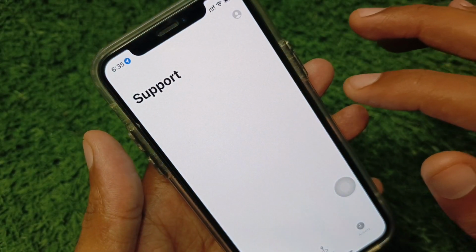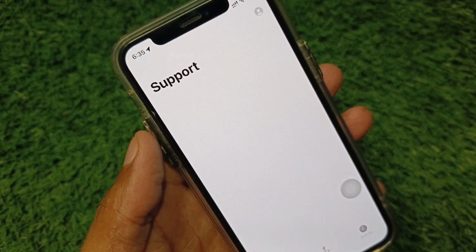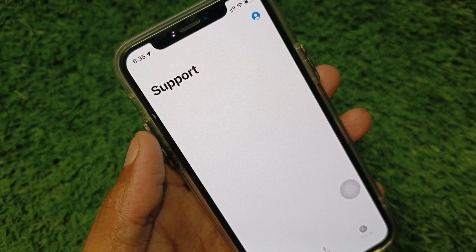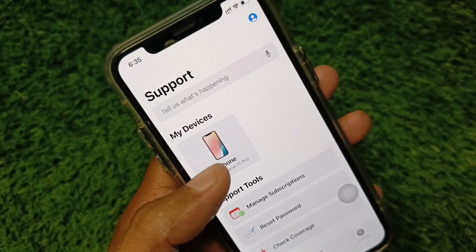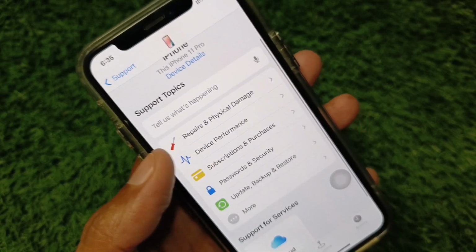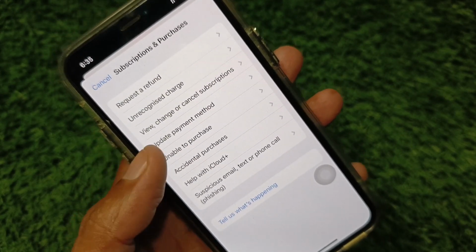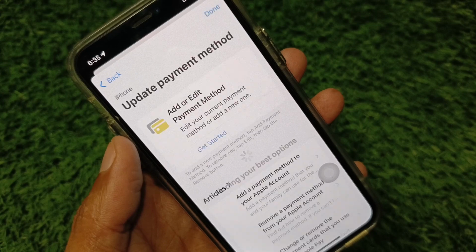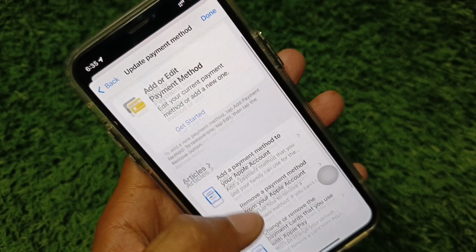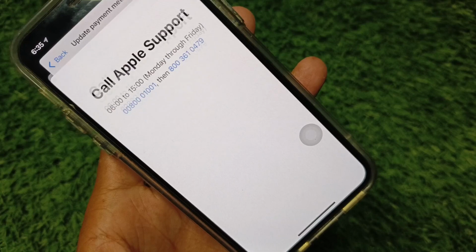your Apple Support app, and after this you need to wait for some seconds here. So guys, maybe it takes a long time on your iPhone or iPad, so you have to wait. And guys, from here you need to select your iPhone device and scroll down, click on the option that you can see, Subscriptions and Purchases, and click on Update Payment Method. And guys, you can add your debit card from here again, and if it still is not fixed,